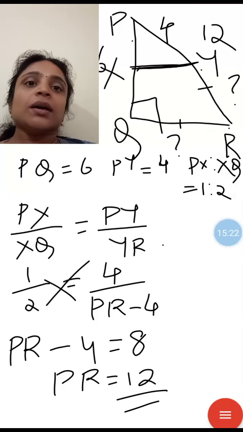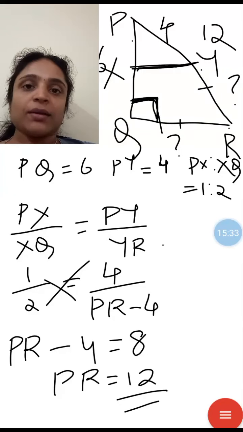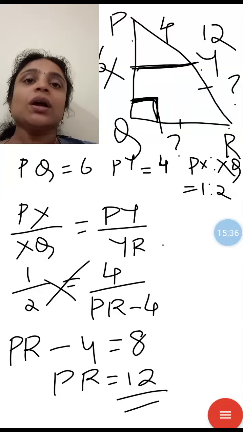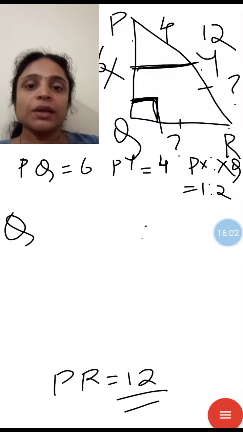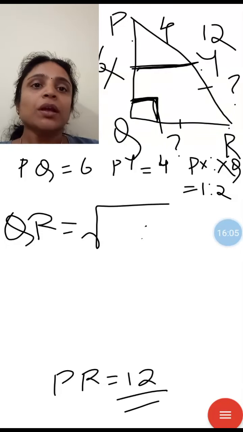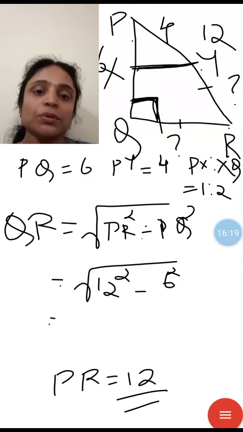Given that this is a right angle triangle, that is, given that this angle is 90 degrees. We know that this is a right angled triangle. And in a right angled triangle, hypotenuse square equal to base square plus altitude square. Right? So, QR equal to root of PR square minus PQ square equal to root of 12 square minus 6 square equal to root of 144 minus 36 equal